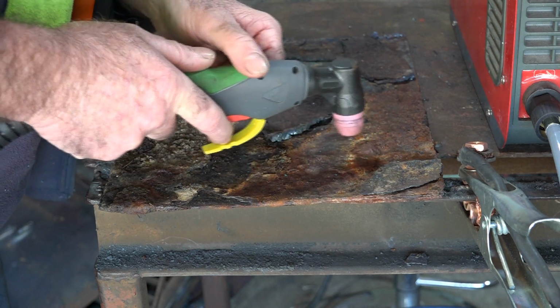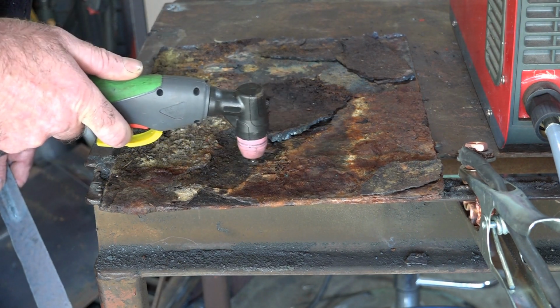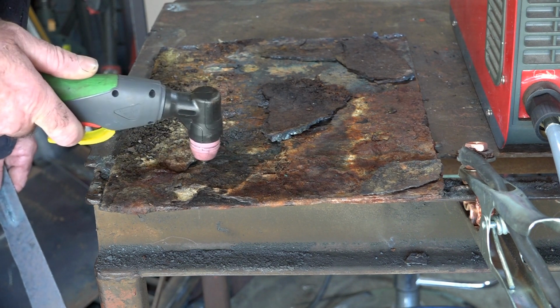See, we're not having much luck here, guys. See this? So let's try another bit, guys. See, it's blowing all the rust off it, but it's not cutting. See that,